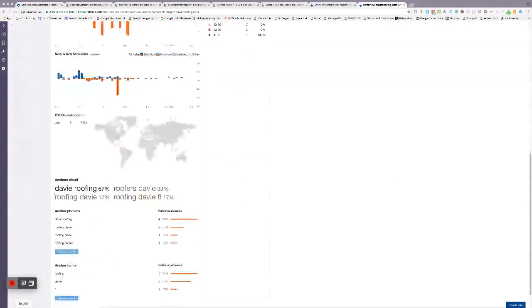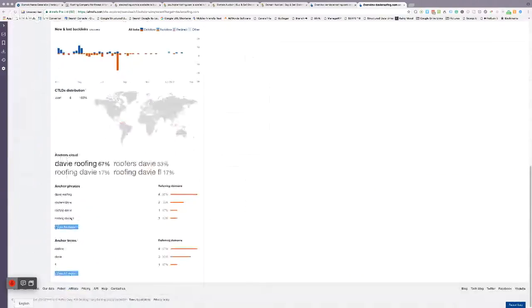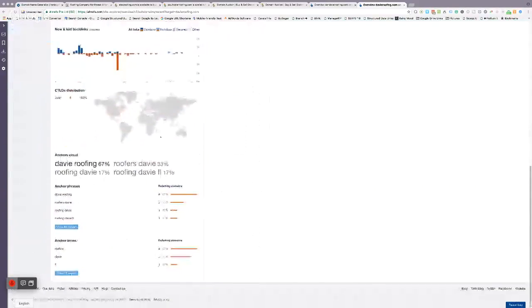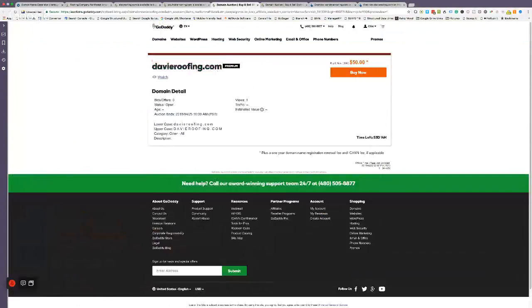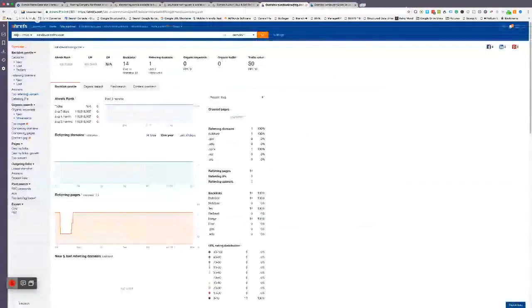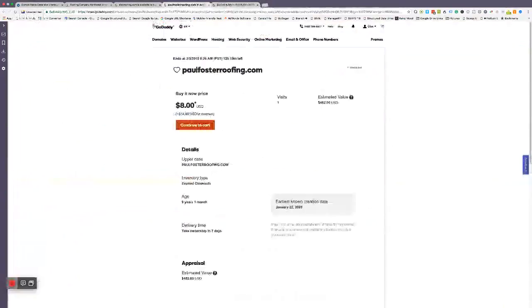Branded Roofers Davy, Florida is relevant to the city. It's already related to Florida. It doesn't have a whole lot of backlinks. Not really that worried about that though. We might get that one. And then I don't need that. We're good there. So, okay, from that list we got Davy Roofing and Paul Foster